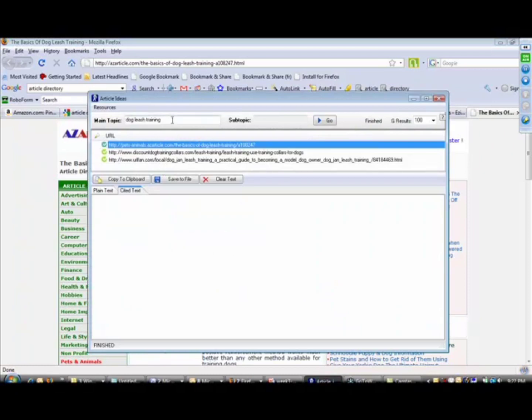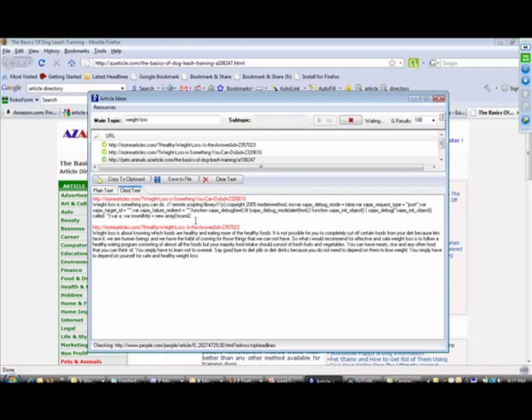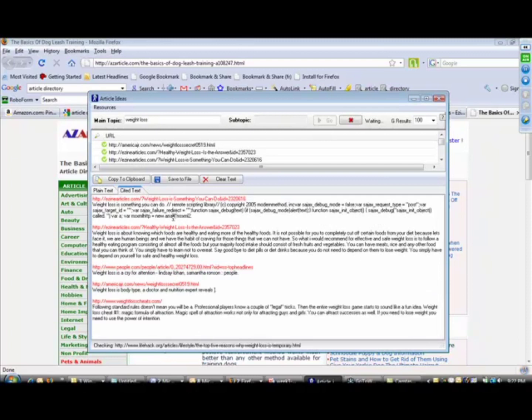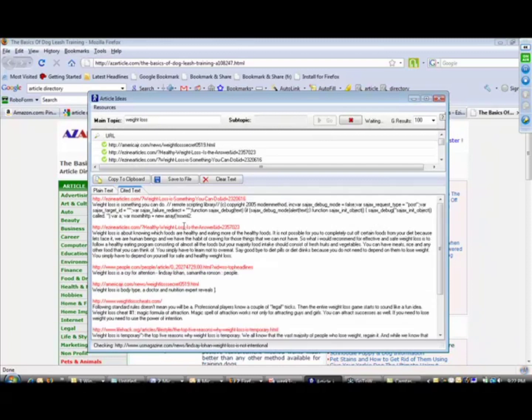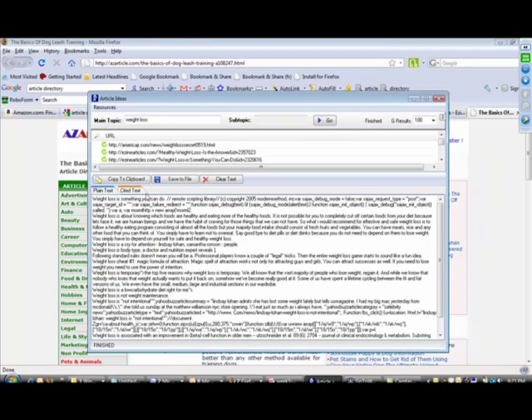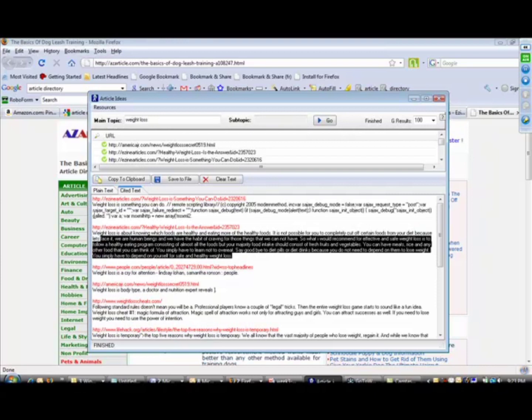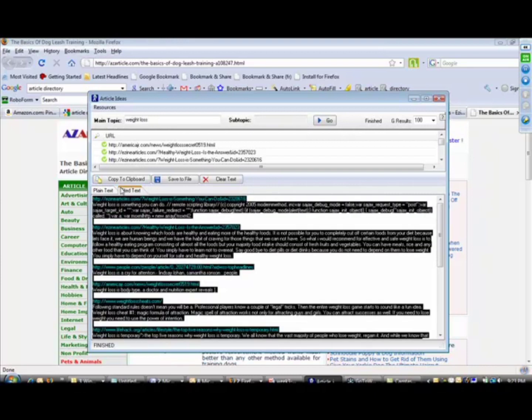You could take here and put in keywords such as weight loss as an example. And notice weight loss and some broader niches will actually start pulling the results that I was hoping it would pull. And you kind of get some ideas here. Now, some of it is kind of junky, but some of it is workable. So if I just stop that. Okay, and then notice here you can go right over here to the plain text view, and you could take these various little segments and copy, like you could take this whole thing, copy to clipboard,